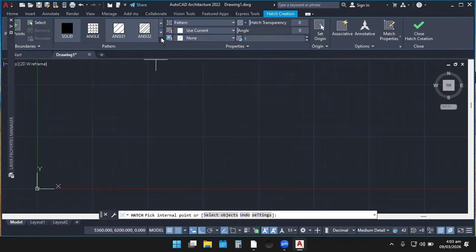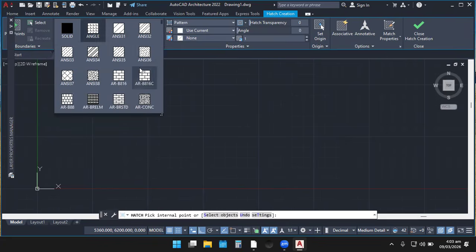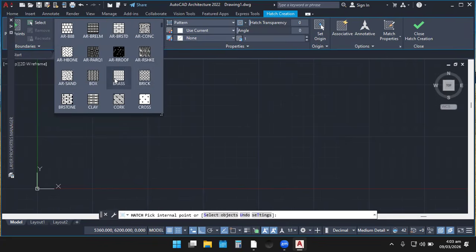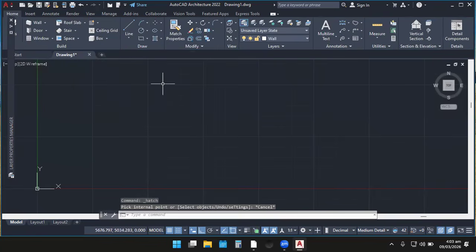tools over here. If you click this drop down menu, see that so many things will display over here. This is a brick, you see. So if you want to select it, that is it. But I don't want to use this now, so I can just click on escape on the keyboard. Then everything is good. Click on escape, everything is gone. Okay.